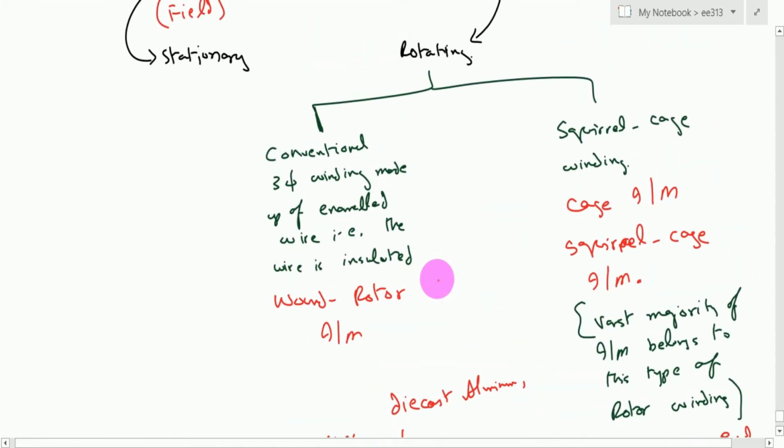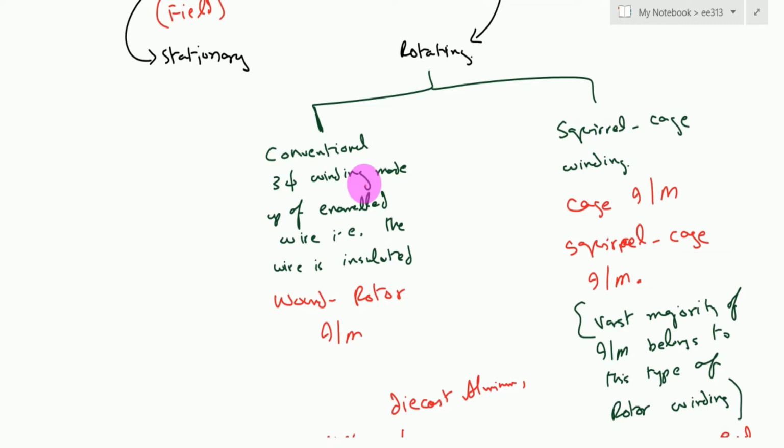Whereas this particular part is known as a wound rotor induction machine. It is very similar to the stator winding, and we have slots in which we connect the three-phase windings, usually in the form of Y connections, and then we have the slip rings available which turn with the rotor. So the revolving slip rings as well as the brushes used in this conventional wound rotor induction machine pose challenges in the maintenance of the machines.